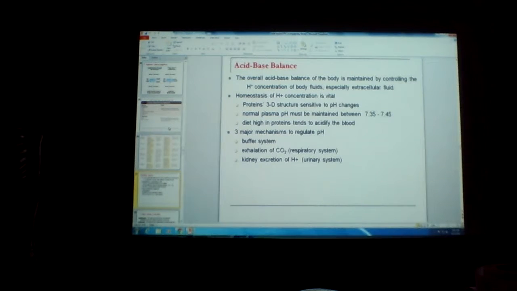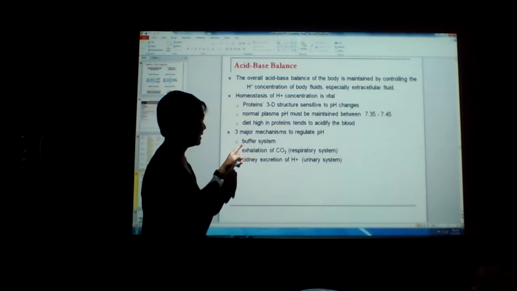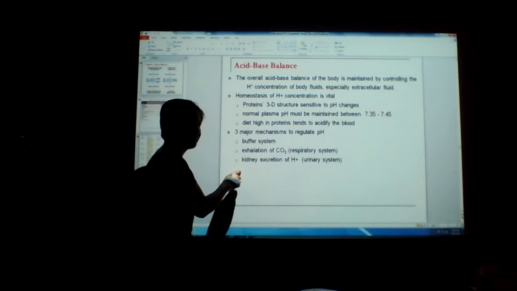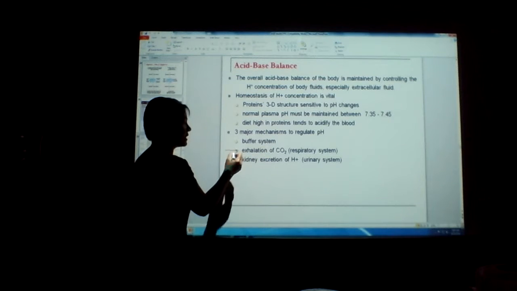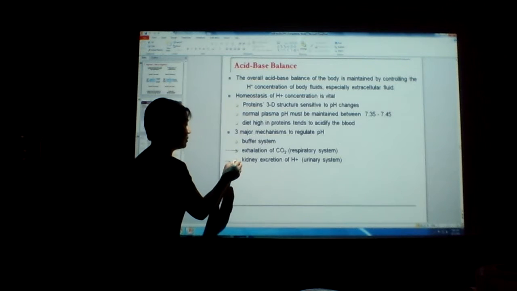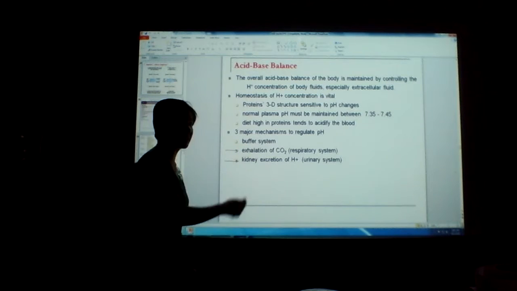So, look at these three major components that regulate pH. This is what you call buffer. You see the word buffer. Of these three, look at this one, exhalation. You exhale the carbon dioxide. When you exhale the carbon dioxide, it's released out of the body, right? You get rid of it. You solve it permanently. When you get rid of it through your kidneys, you solve it permanently also. Okay? You agree? However, this is where we appreciate our buffer.